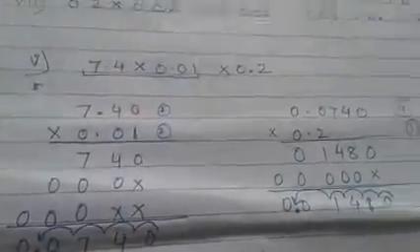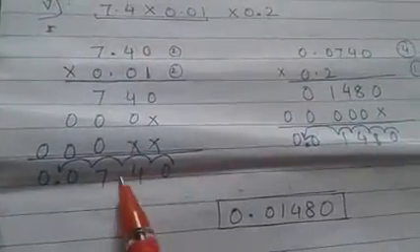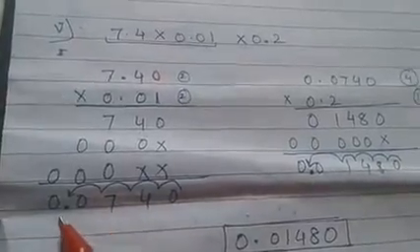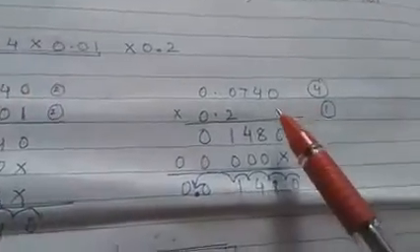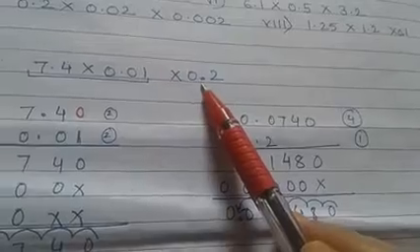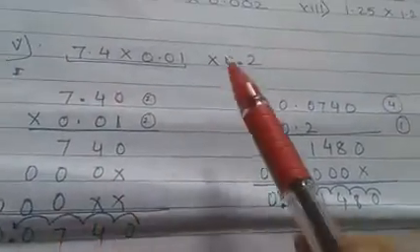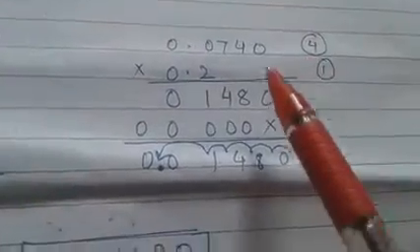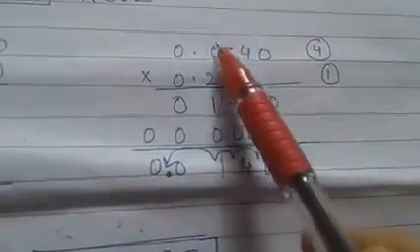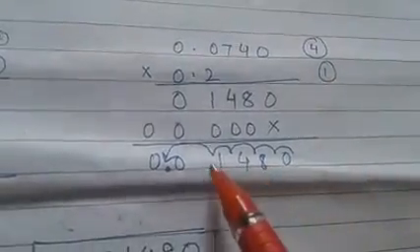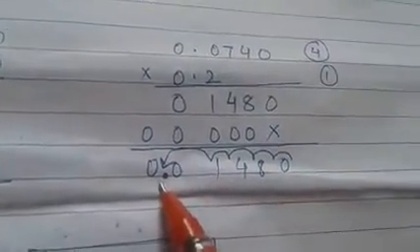See, I have done it here. You can go through it. 1, 2, 3, 4. Okay, here. And the same number I have taken here and multiplied with this. First I have multiplied these two. I have got this. And then this I have multiplied with this. And finally, after the point 4 digits, after the point 1 digit, 4 plus 1, 5. 1, 2, 3, 4, 5. The point I have applied here.